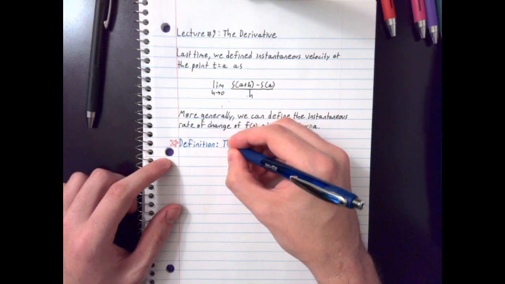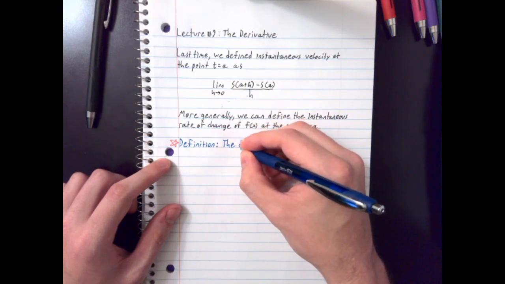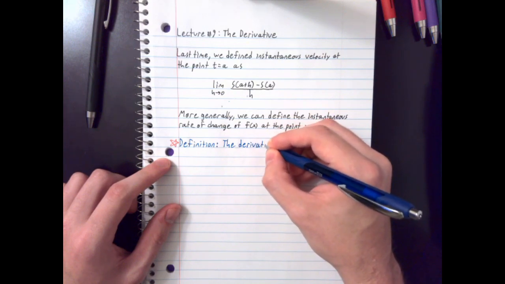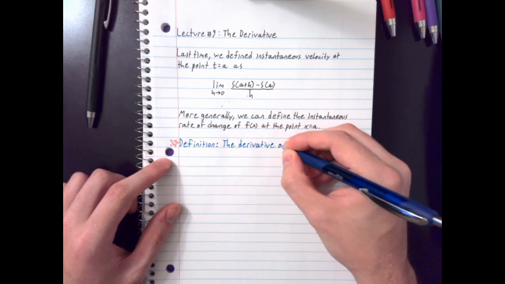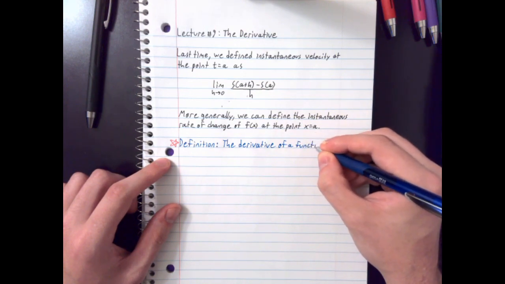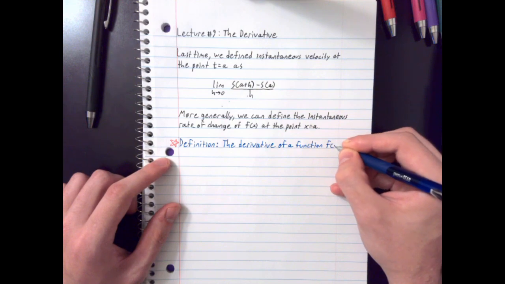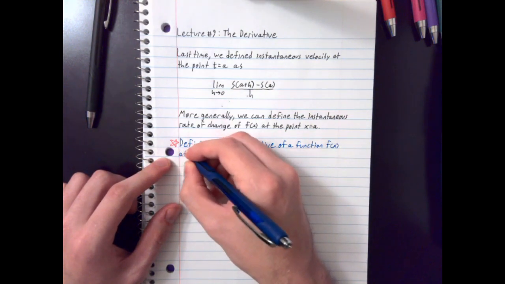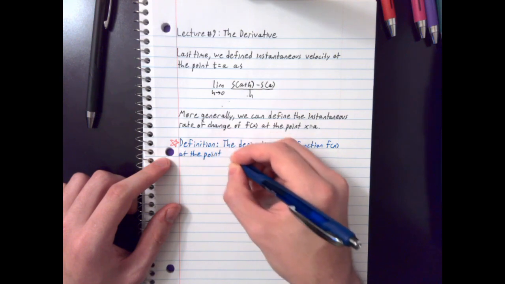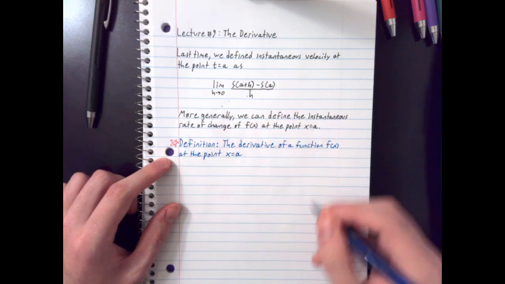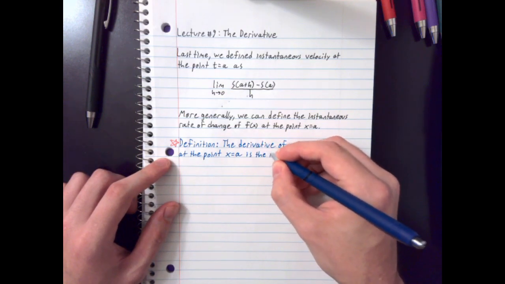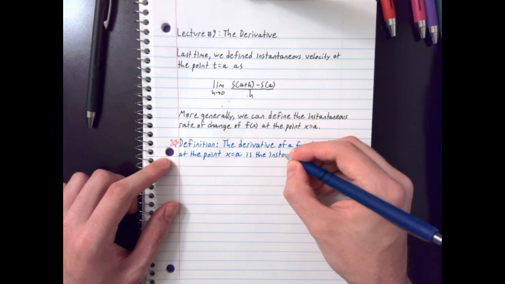So the derivative of a function f of x at the point x equals a is the instantaneous rate of change at that point,